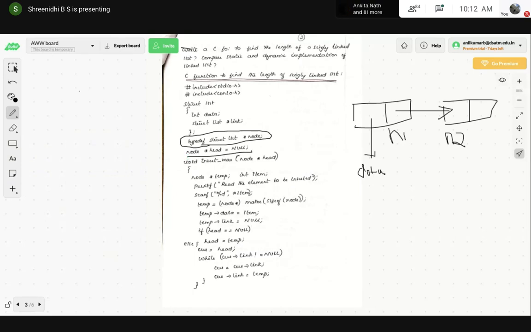How do we insert node data? Insert here is one function created, with node star head, a temporary variable, and item. What is this item called?